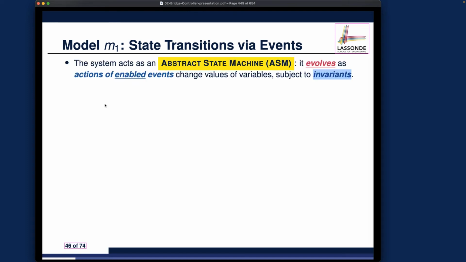All right, let's now go for some slides. For both the initial model and the first refinements, both of them should be interpreted or executed more like an abstract state machine. It will simply evolve as the actions of the enabled events change the value of variables. And now we have to distinguish between the context. Are we talking about the variables of model m0, in which case that will be the abstract variable, which will be just n? In the case of the refinement machine, the variables will be a, b, and c, which are called the concrete variables.